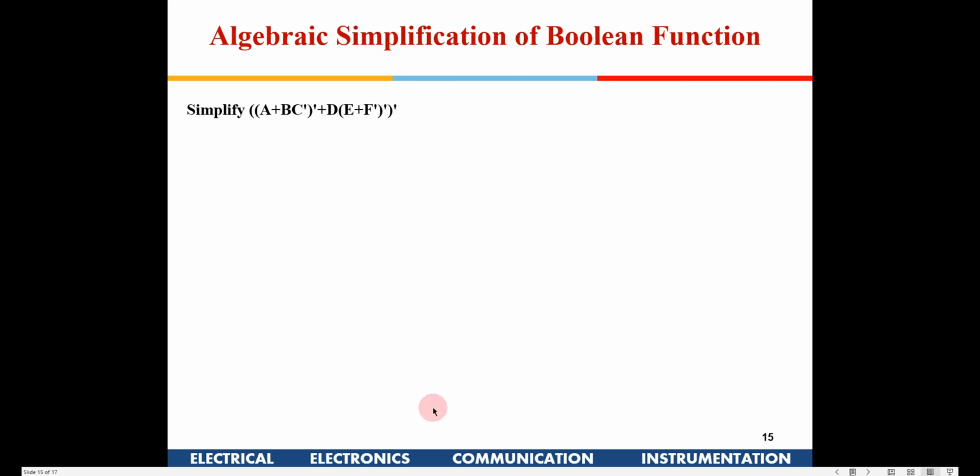Now similarly, we'll see one more of De Morgan's theorem. This is again important. I have set a quiz in which there are some similar problems. You have to remember that when I put an inverted comma, it means it is a bar. Because some software like Canvas makes it difficult to put a bar on top of it, I have used this inverted comma.